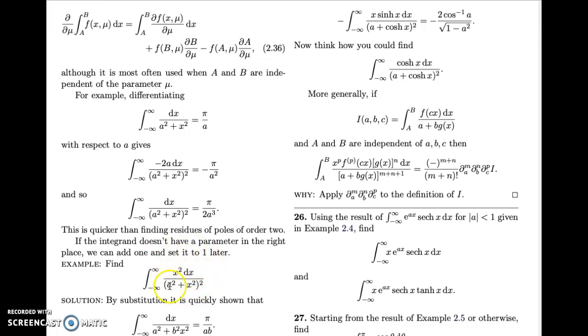Suppose you want to find this integral now. So how are we going to get an x squared upstairs is the question. Well, if we had a b or a b squared here, we could differentiate with respect to b and get an x squared upstairs. So